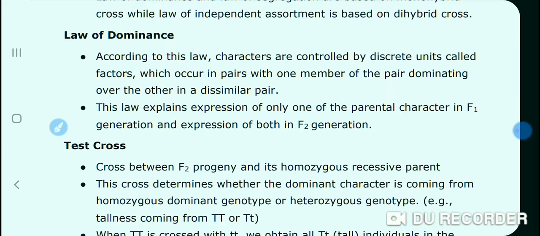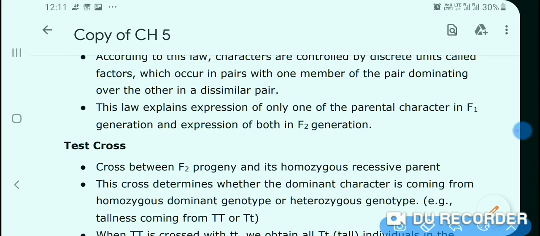Yesterday you learned about the law of dominance. This was the first law of inheritance given by Mendel. There you saw that when we made a cross between two contrasting traits, such as a cross between tall and dwarf plant, then in the F1 generation we have only tall plants,